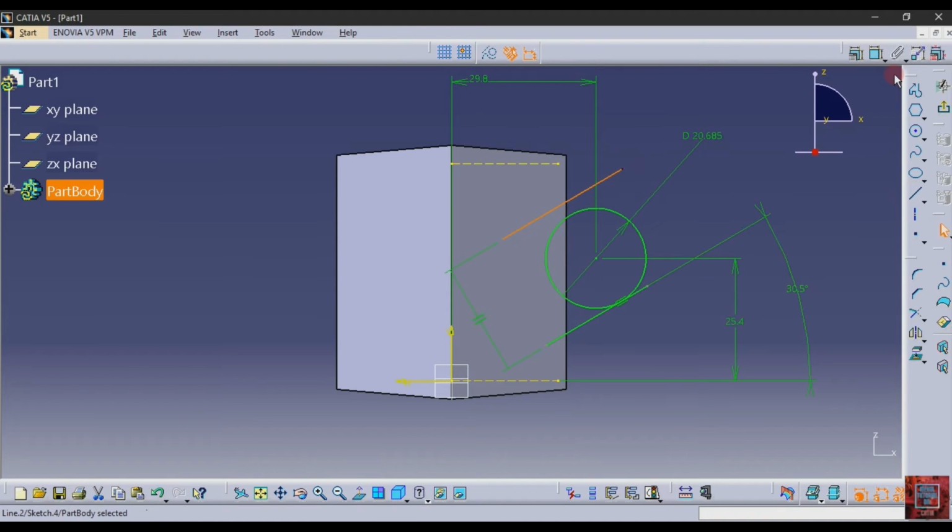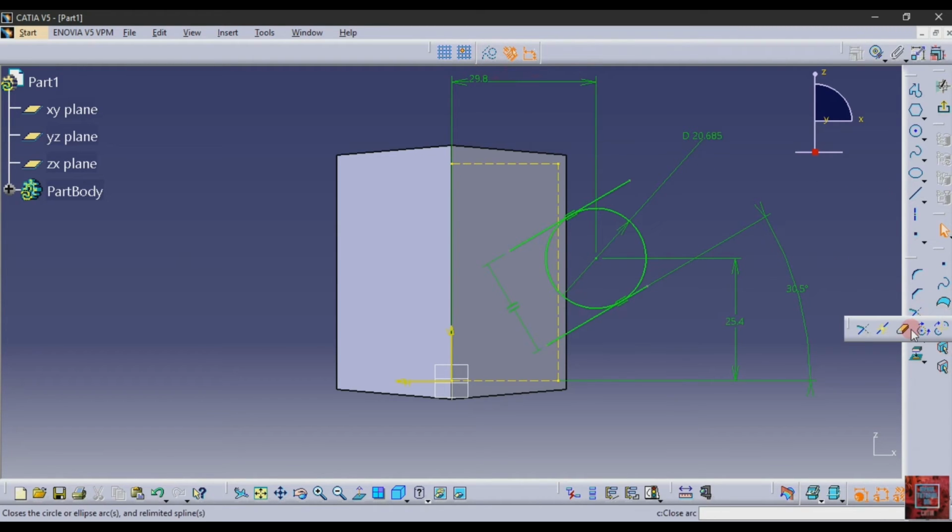After that select a line, make it parallel to it, and then go to this option, and after that make a parallel to it. Then select this edge, and again project it and make it into a construction line. After that trim the extra part.